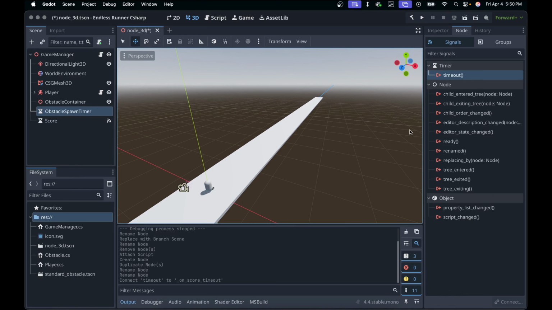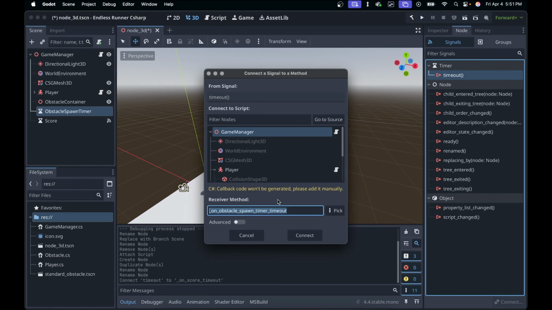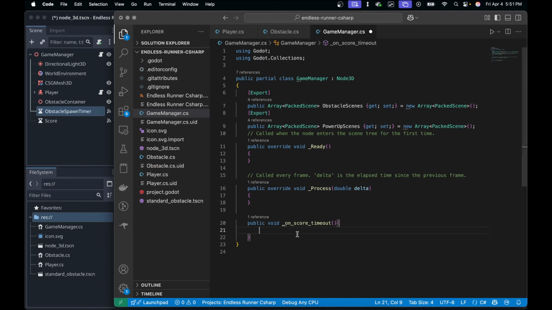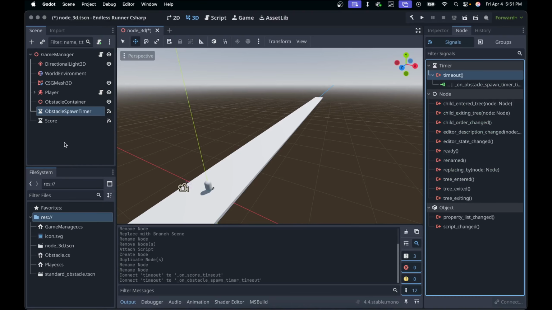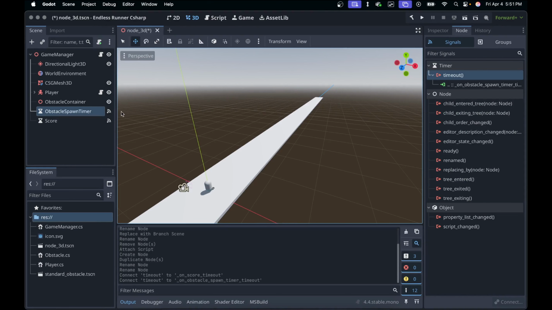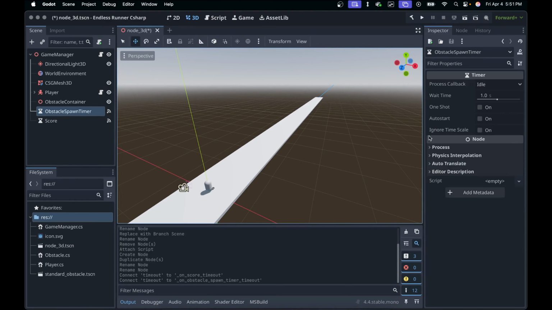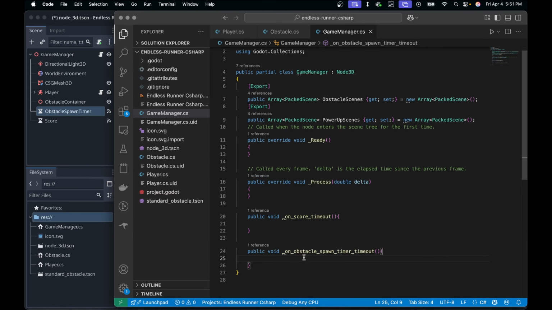And then I'm going to click on obstacle spawn timer, do the same thing, timeout, copy that, hit connect, and then alt tab over here, and come in here and say public void, paste, and then we'll do that. And then control S our project here. Now, that means that whenever this fires off, it's going to actually run that bit of code. And what we'll do here is we'll basically have it spawn our